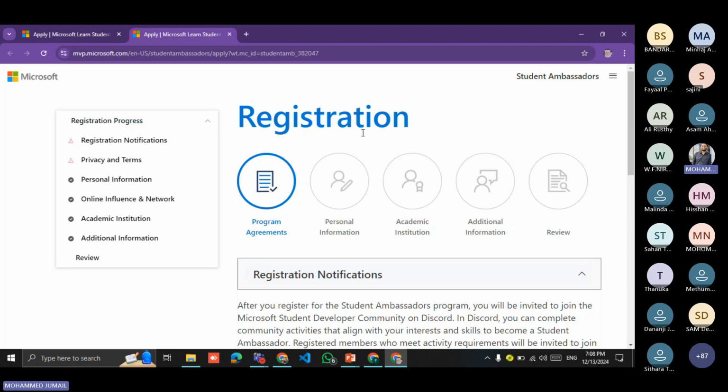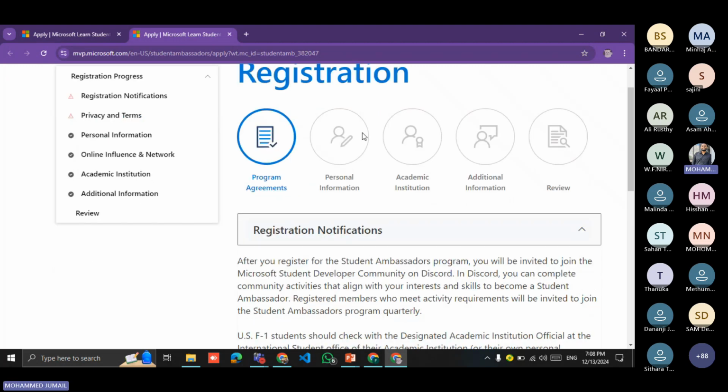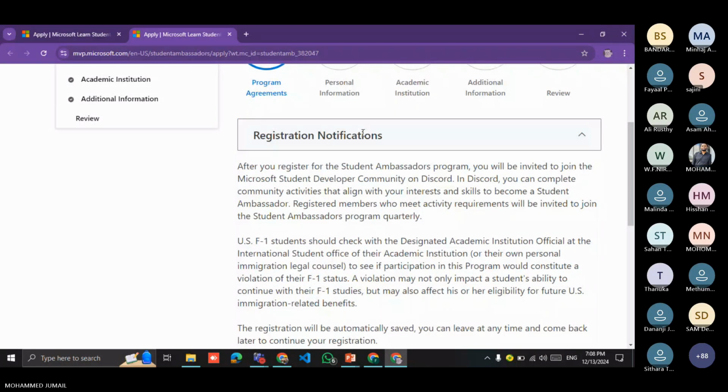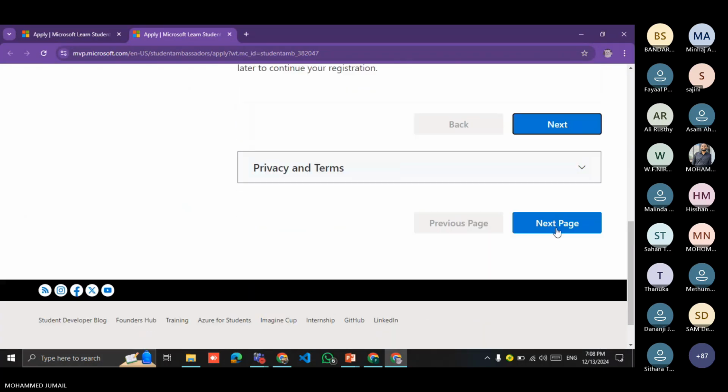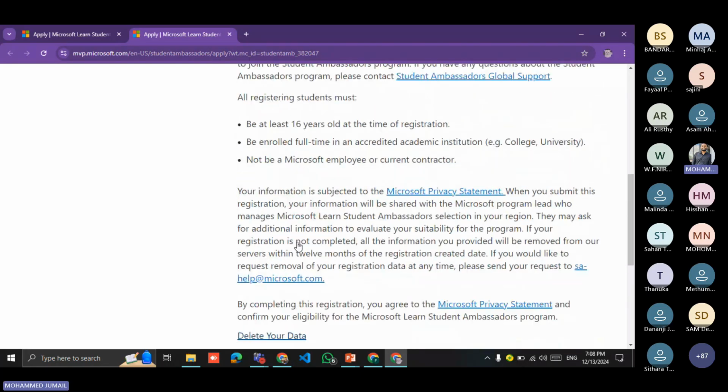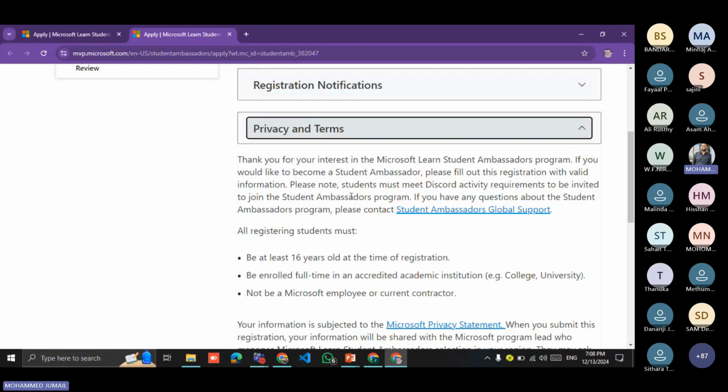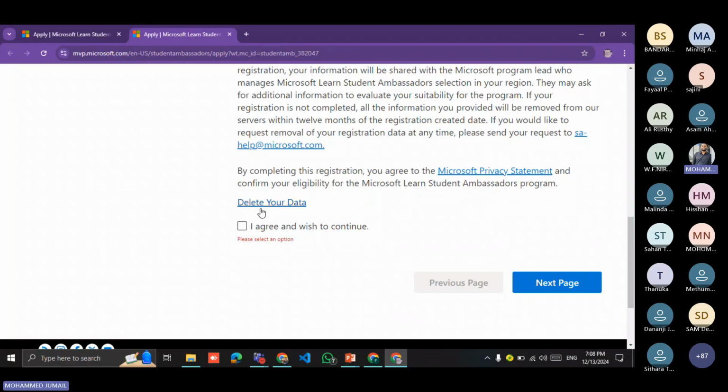Once you enter the Microsoft website, you can see this interface after your registration, and you will get the next button. Now you can review the privacy and terms, agree with them, and on the next page, click the next button.